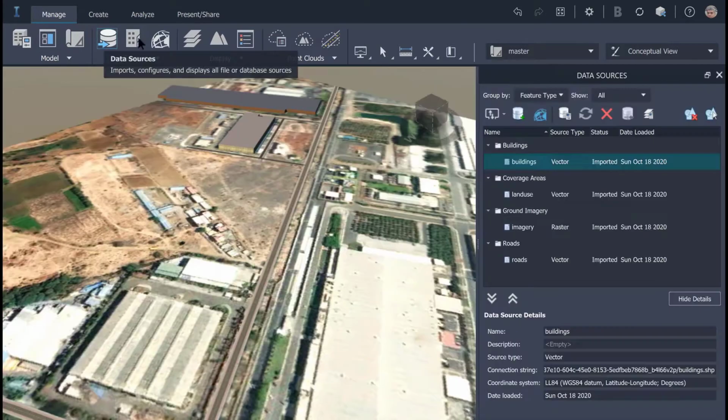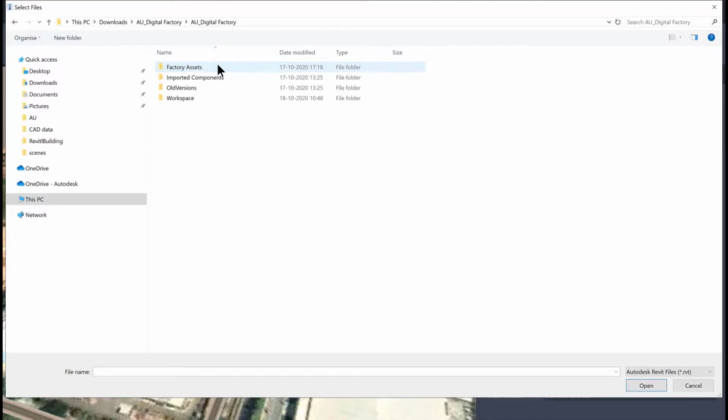The next thing that I want to do is get the Revit building and place it on my piece of land.